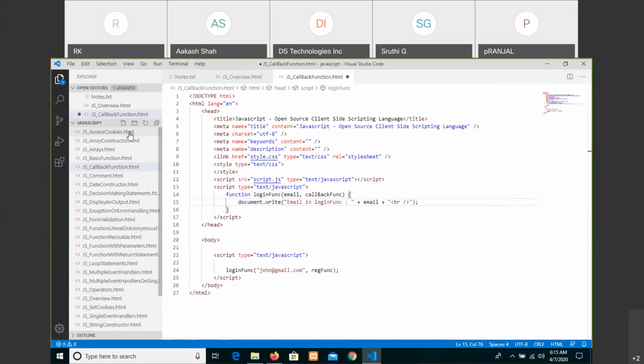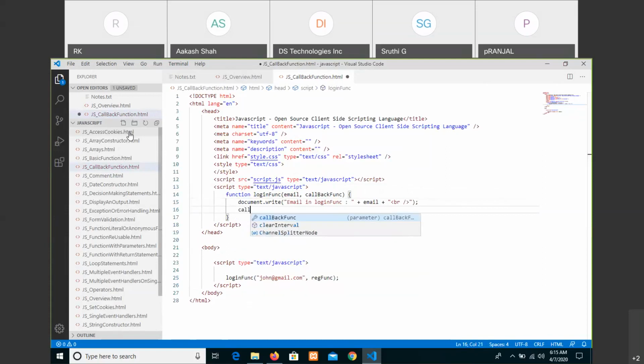In this, we are writing a callback function, and the same email that we took as an argument in the login function can also be a parameter for the callback function. In the name of the callback function, we have registration function. So when you enter into this